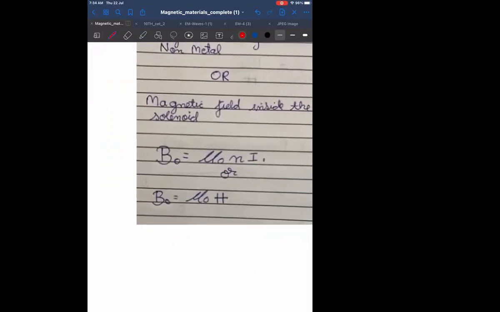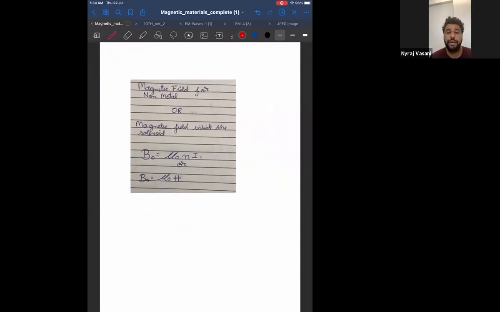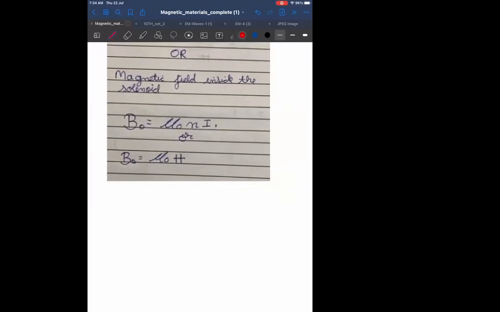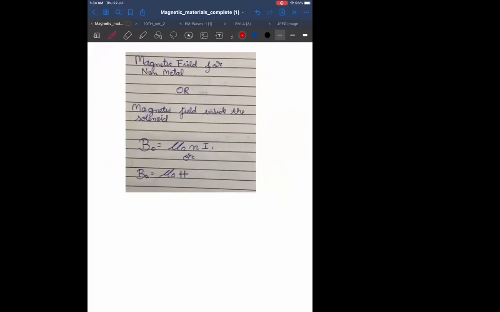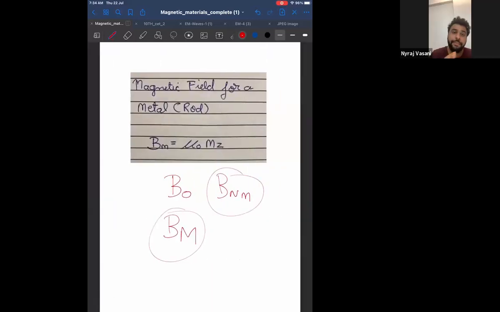Sir, the non-metallic part is the wire, right? The metallic part will be the wire, or you can consider it as the non-conducting part and the conducting part. The rod is the metallic part, they said, so I got confused. The rod is a separate example only. So it is the conducting part or a rod, whichever is conducting.